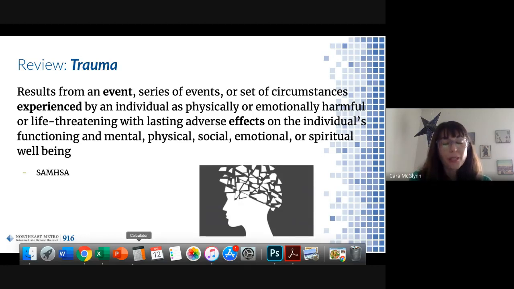Trauma is very subjective, so many people can experience a similar event or even the same event, but because of their experience, potentially they had lots of supportive, loving caretakers around them, supports to lean into, the effect then may or may not equal trauma.